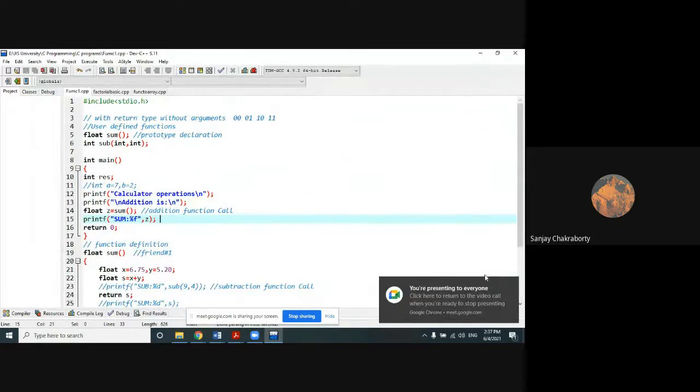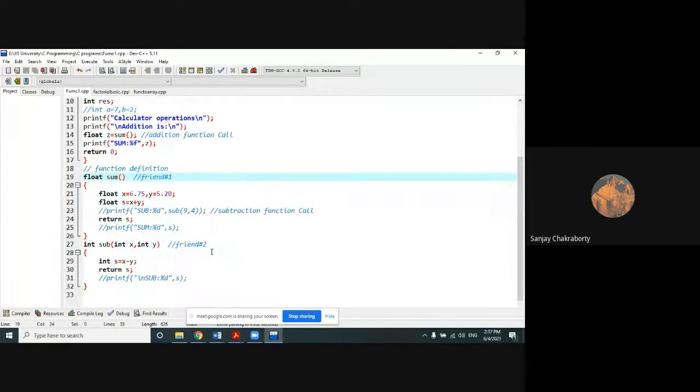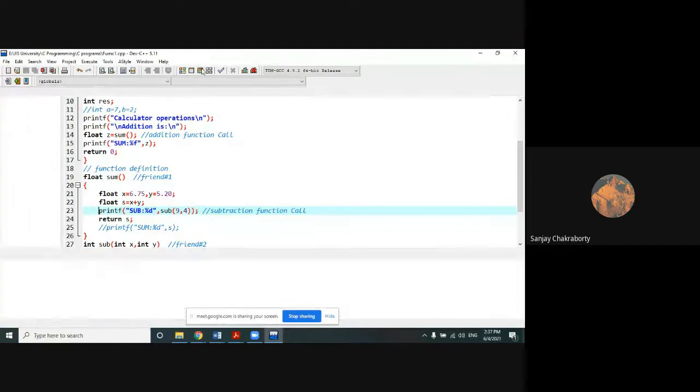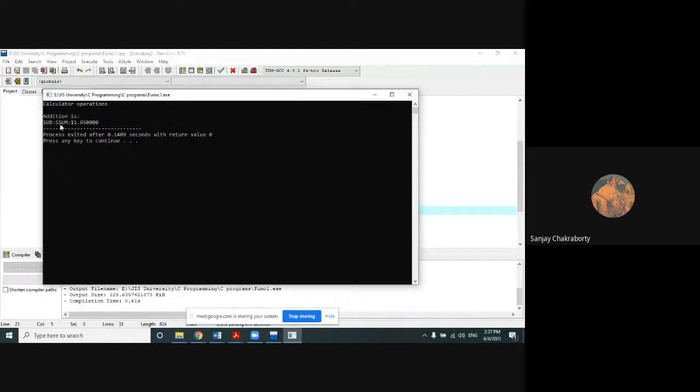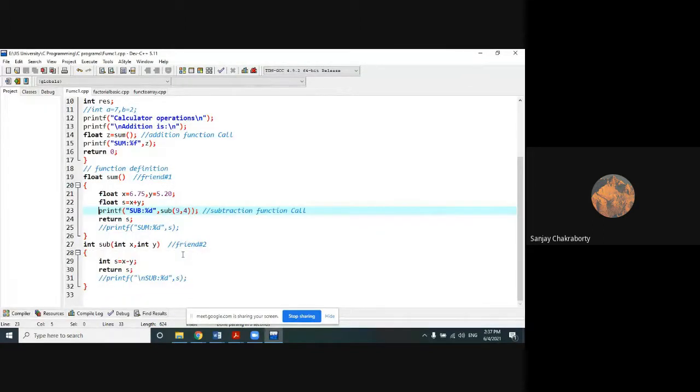This is a function without arguments but with a return type. The return type is present but the argument is not present. Clear? Anyone has any doubt regarding this? Again, mixing of function types is also possible. This will also run, okay, check it out. Clear? This will also run, so mixing types of function is possible. I am telling you frequently the same thing, mixing types of function or hybrid kinds of function is possible. You can consider any function with any return type or any argument.